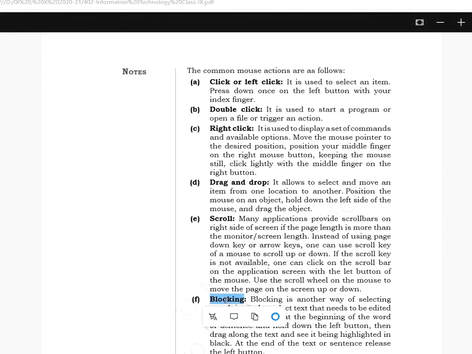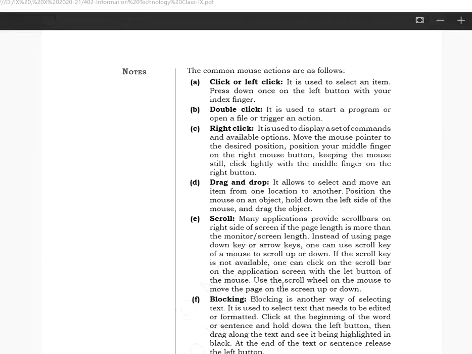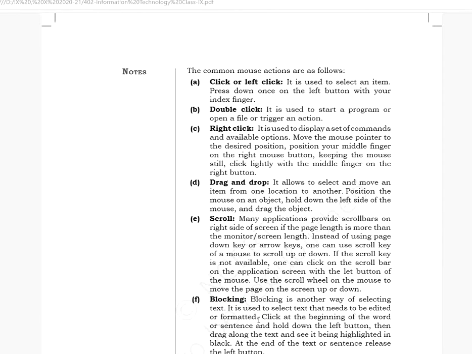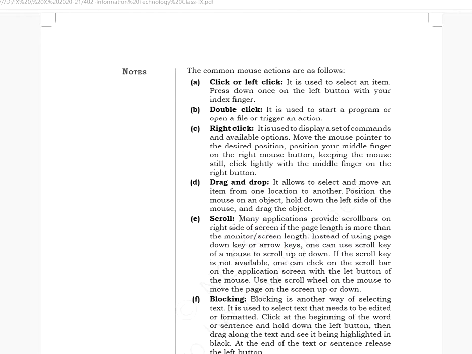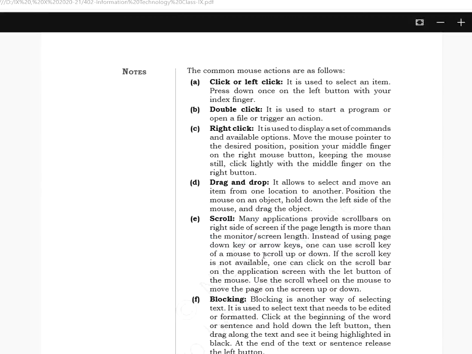Blocking is the next operation we do with the mouse, but we don't know technically that it is termed blocking, and it is used to select. You would have done formatting of text, like I am doing blocking right now. I place the cursor at the beginning of the line and hold it, up to the end of the line where I want to do something. Right now I can copy at least. So I have selected this text, and how I have done the selection is termed blocking.